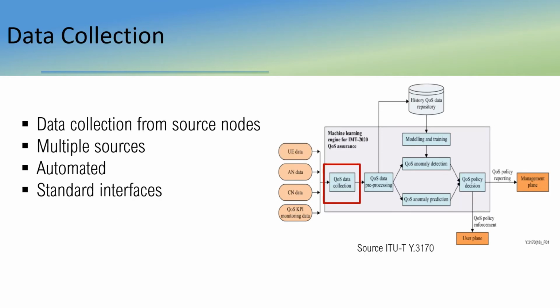So coming to the data collection component, it is responsible for collecting data from the source nodes. So in the context of this discussion, the source data will be KPI data. As we saw previously, this data would be from multiple source nodes. Data from source nodes is typically transferred via standard protocols, data models, and data formats at configured periodicity, like SFTP, SOAP, XML.